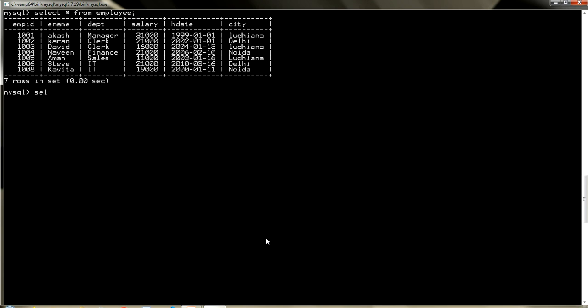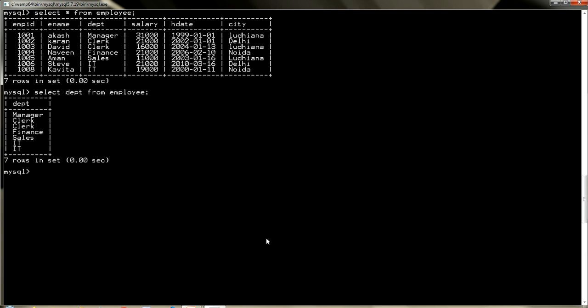So if I write down select department from employee, it will not give me the correct result that I want because it is showing me clerk two times. If I'm having IT cell, there are two employees, so it is showing me the duplicate values again and again. Whereas I asked for how many different types of department I'm having in the employee table.